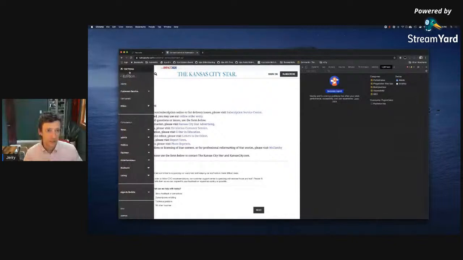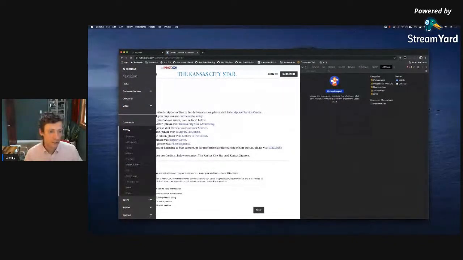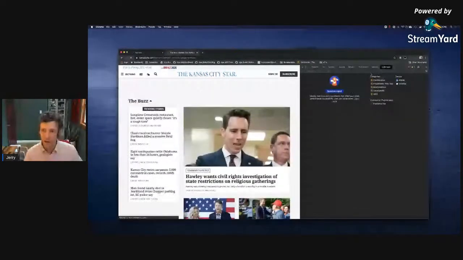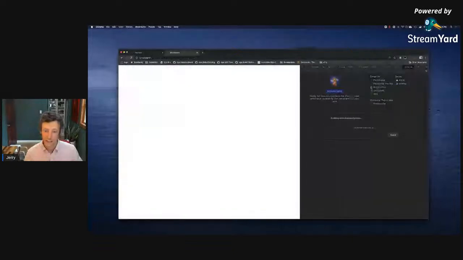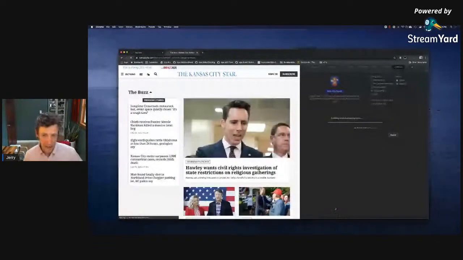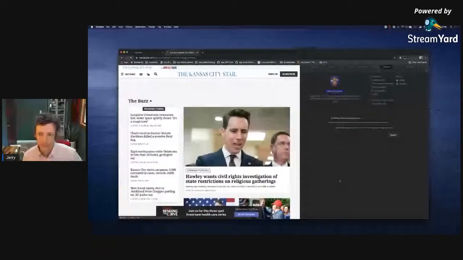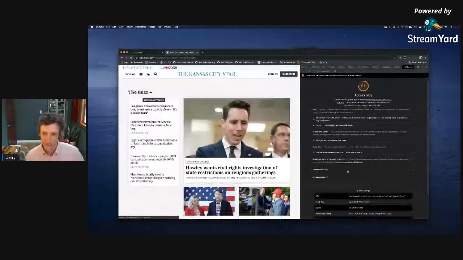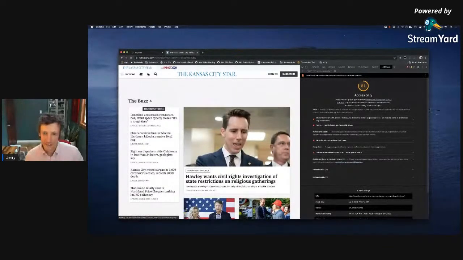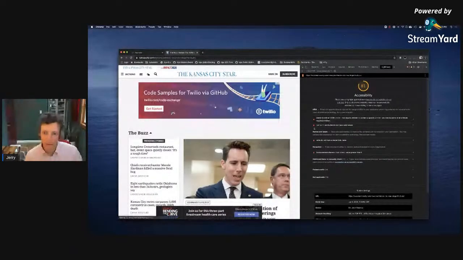So let's just go to a page. With Lighthouse in here, we can click generate report. Actually, I don't care about these things. So you can see the accessibility here. It's not a perfect one, but it should give you a pretty good idea, and it'll give you a score for it. But again, the things that come out might not be as helpful to you as actually just testing it out